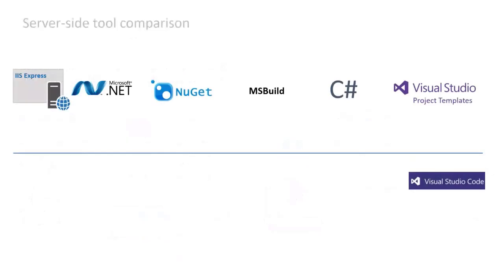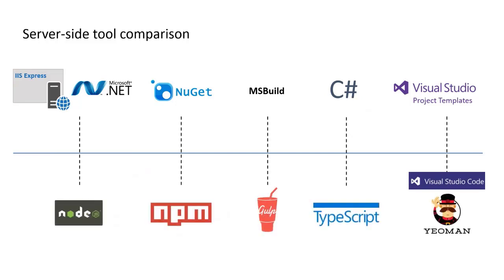If you are coming from a C# developer background, you have an idea, right? You always know that IIS Express will be there. Whenever I press F5, it will load and give the page. We have .NET, and we have Node.js for building, and we have C# for the coding and Visual Studio project templates for our development templates, right? Same here. Node is separate. That is a real feature. Node is nothing but a node development.